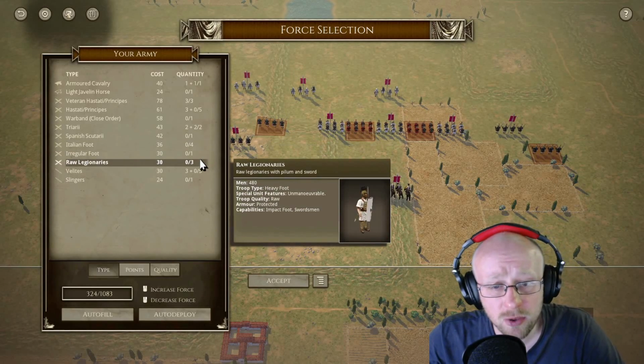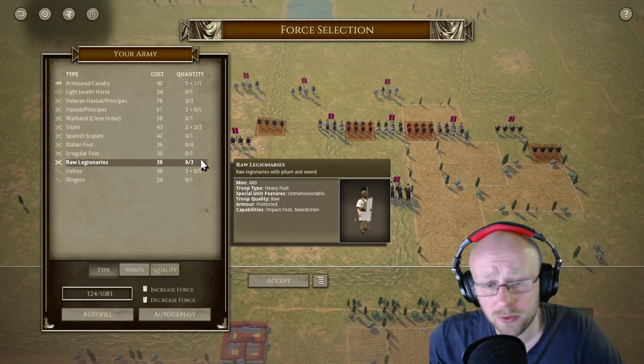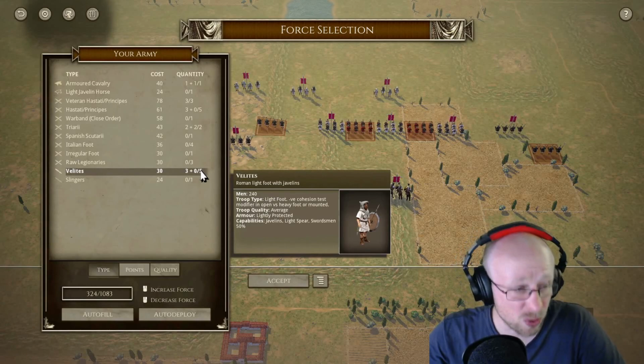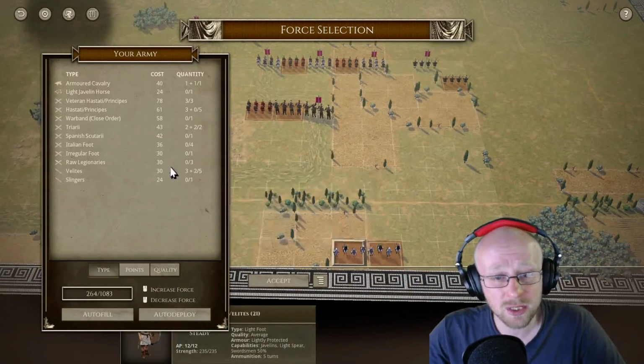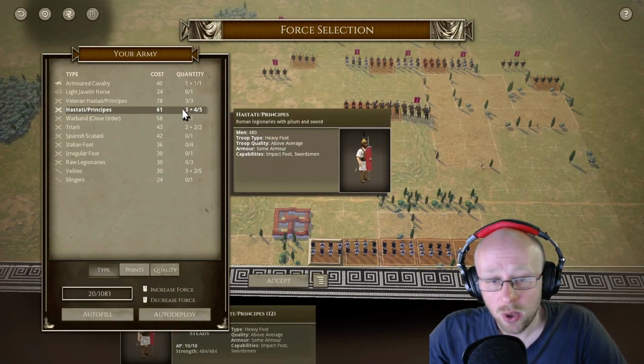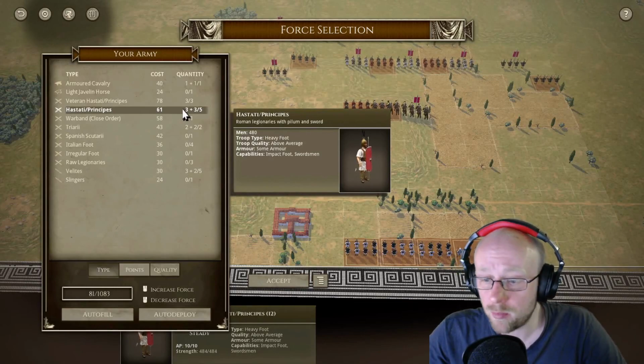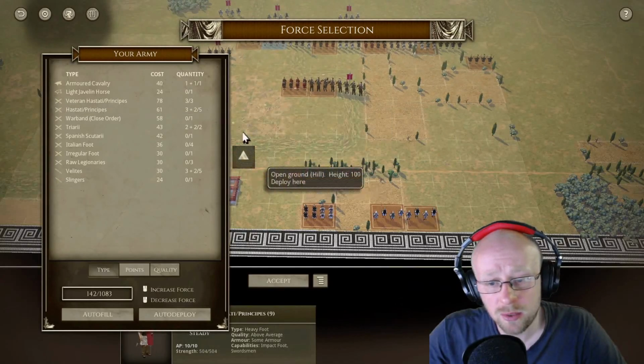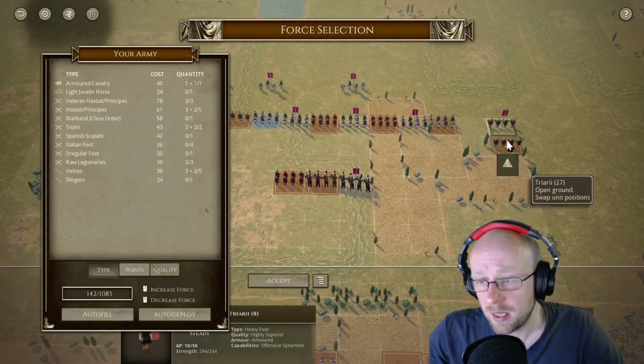And they come down to regular foot. If we're desperate, the Royal Legionaries and the Velites, fantastic javelin light spear swordsmen. So, absolutely such a good unit. So, I'd probably take 3 units of Astarte here. Or maybe even 2, I think, at this point cost-wise. But